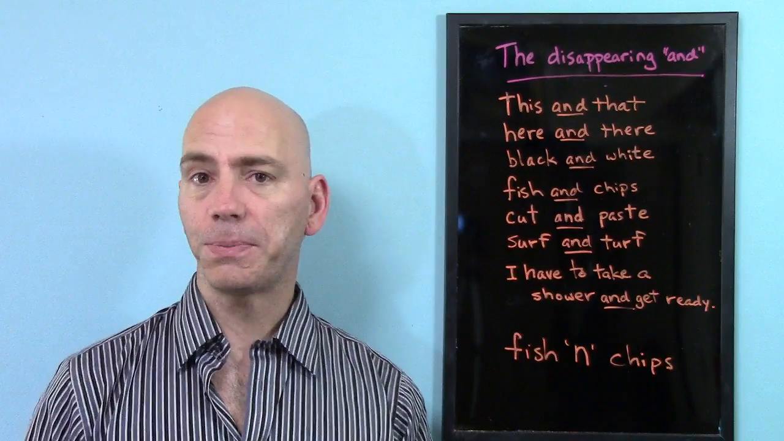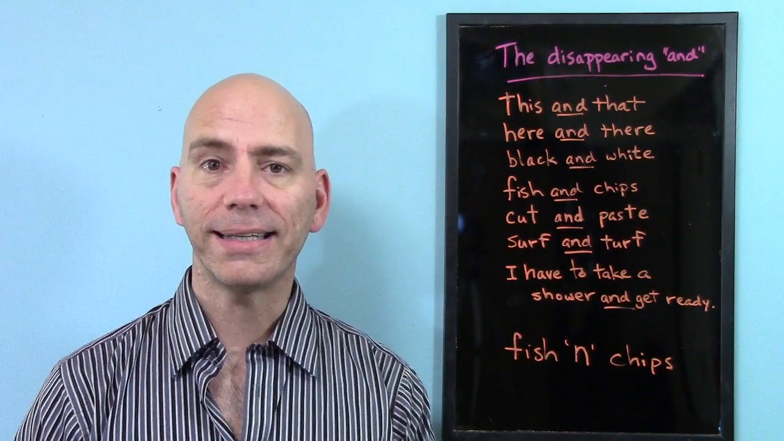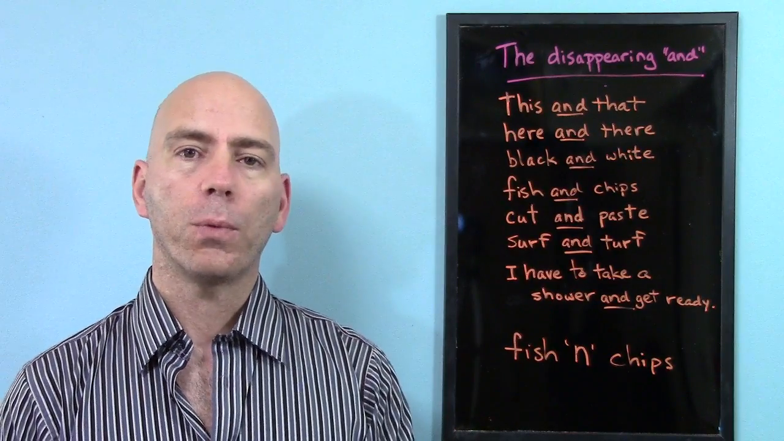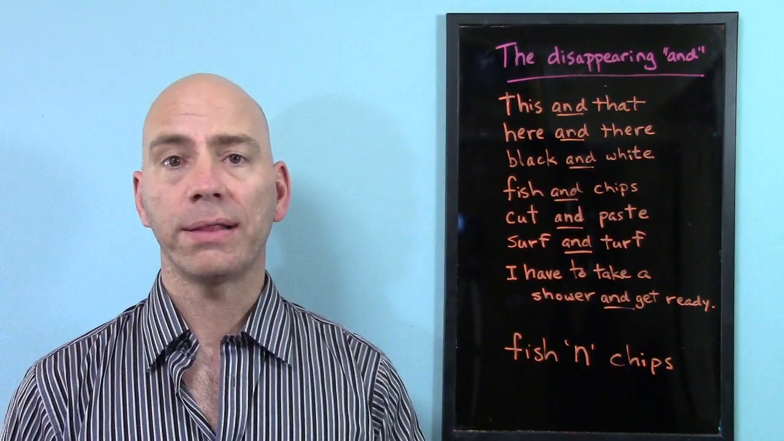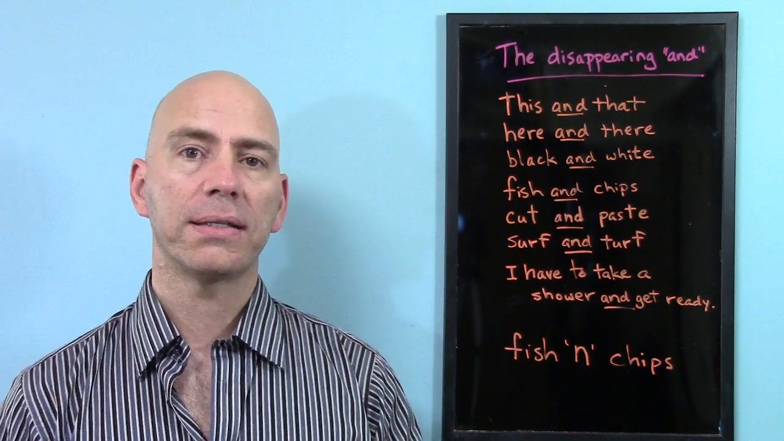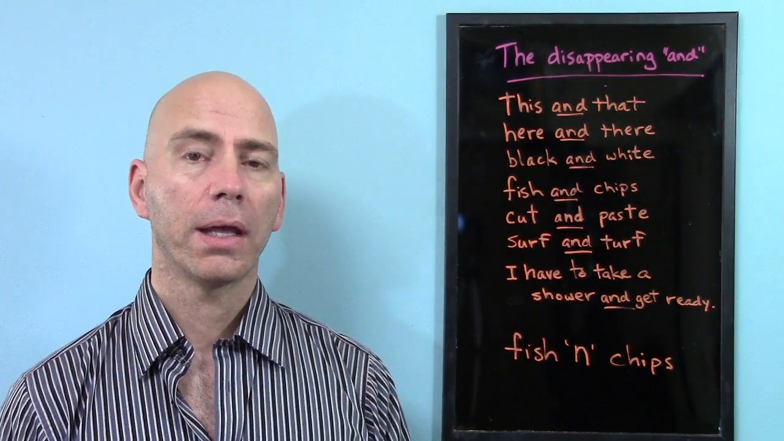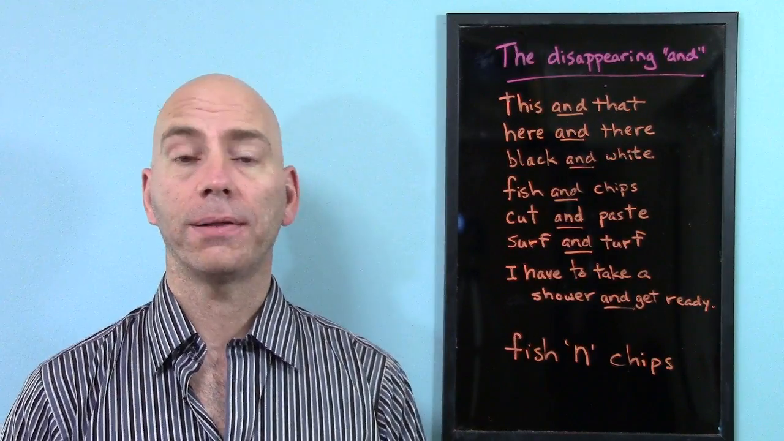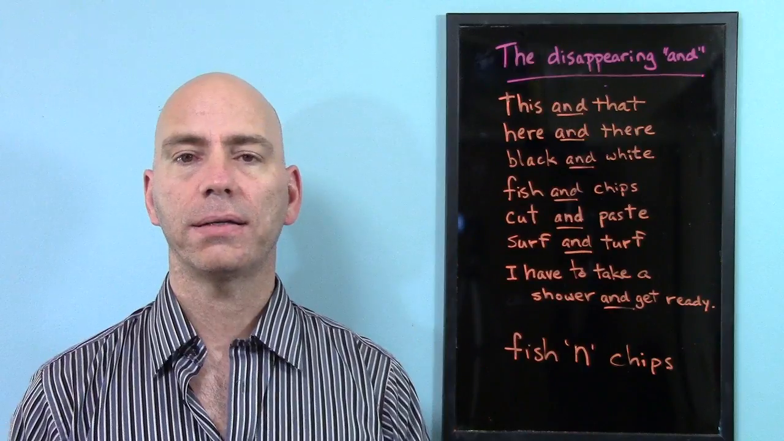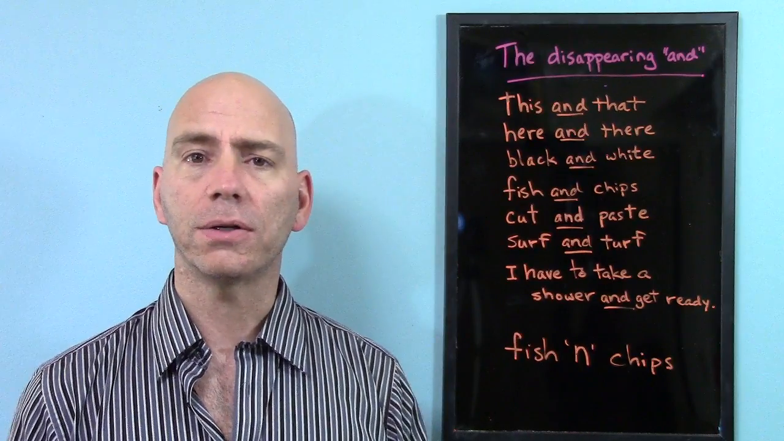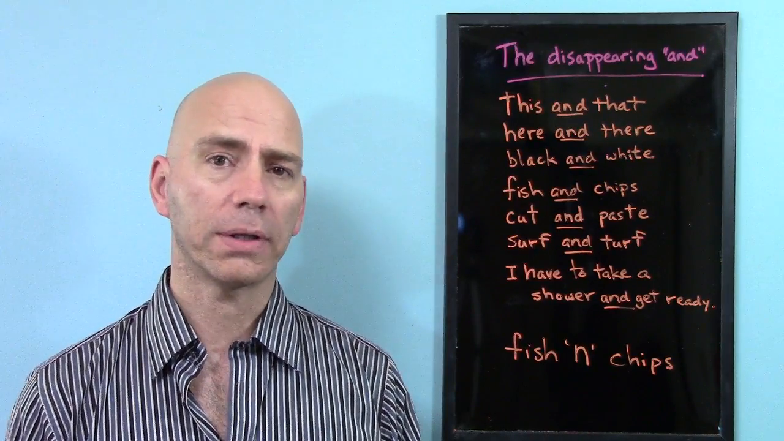So I'm going to be speaking in slow and easy English. What I would like to talk about in this video is the disappearing "and". What does this mean? Well, it means that when native speakers speak naturally,